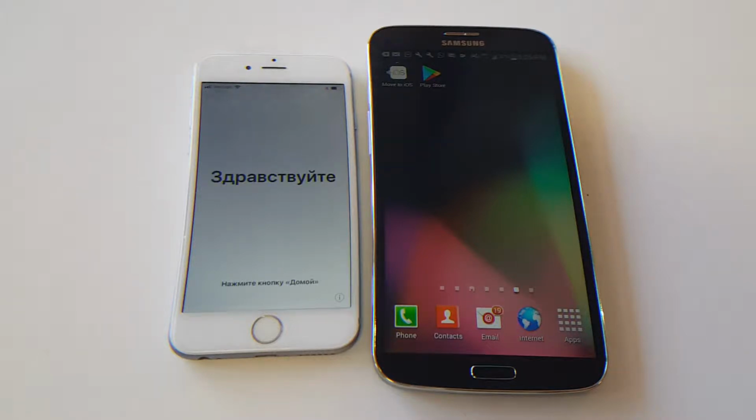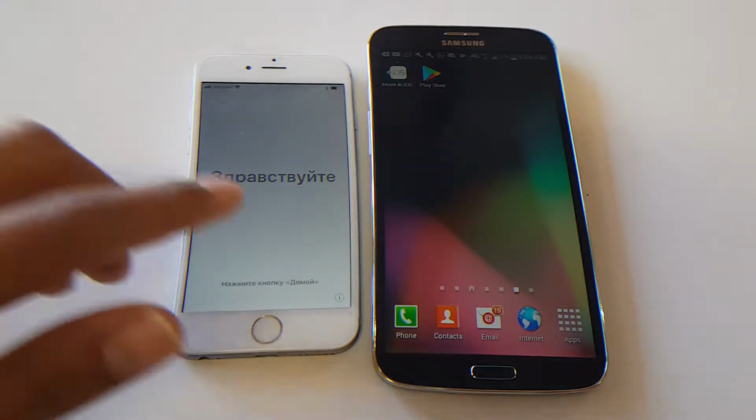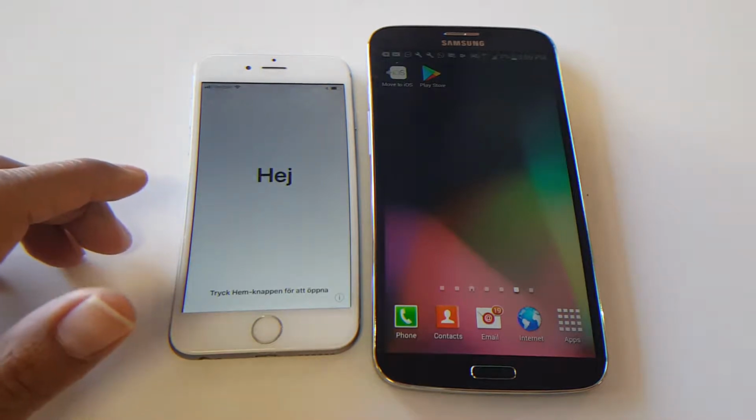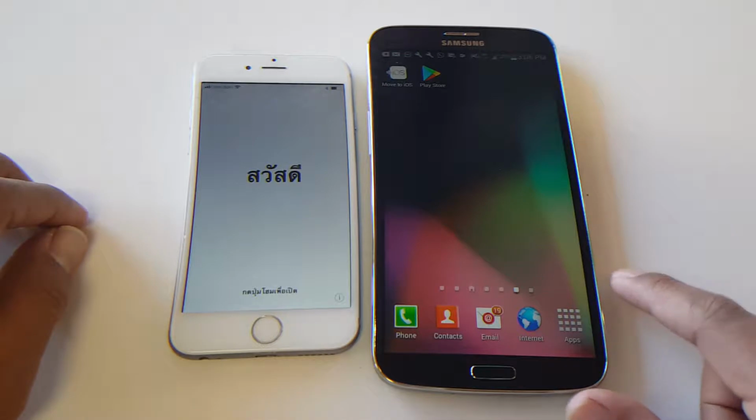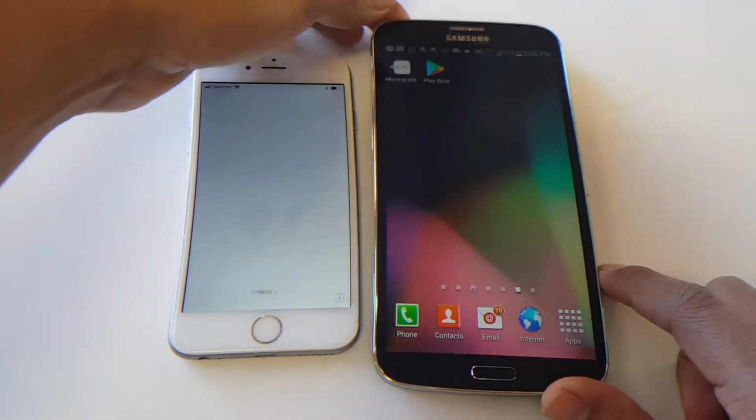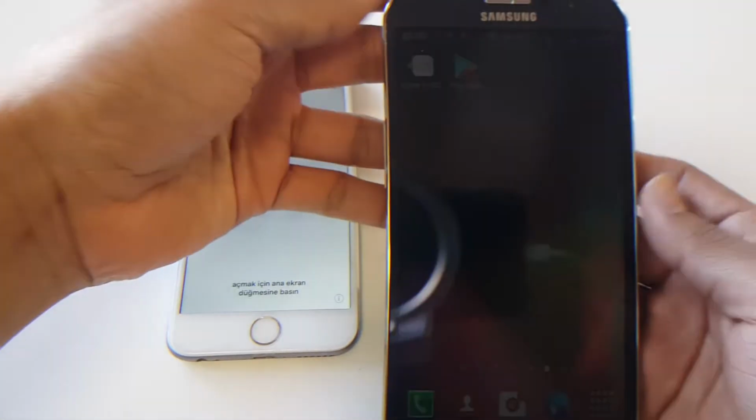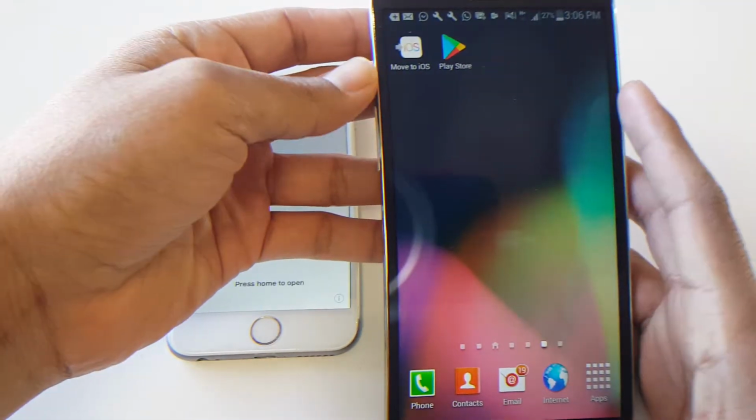Alright guys, I have two phones here. One is an iPhone 6 running on iOS 11.2.5 and the other is a Samsung Galaxy Mega. Now in this video I'm going to be showing you guys how to transfer your data from your Galaxy Mega to